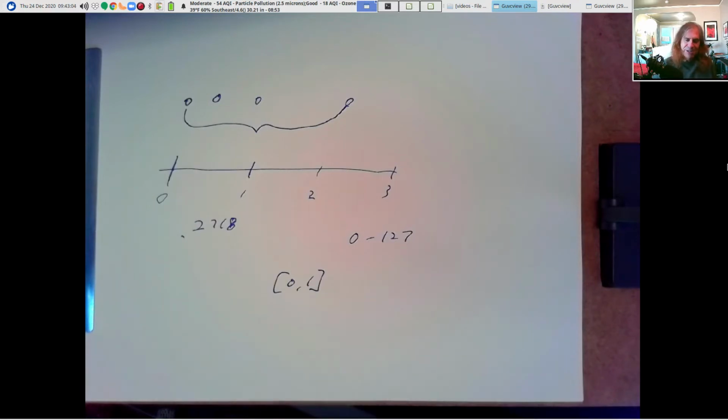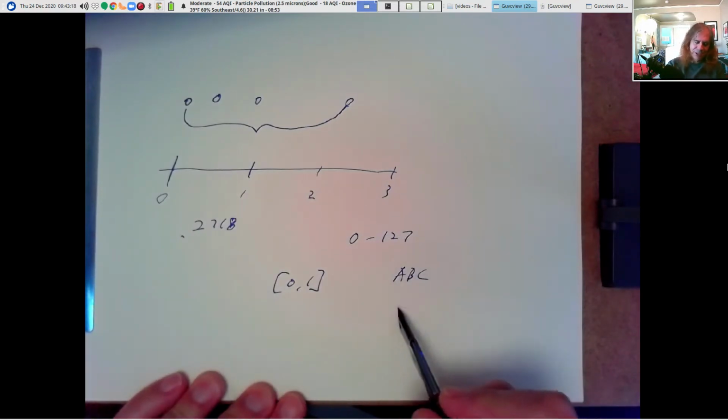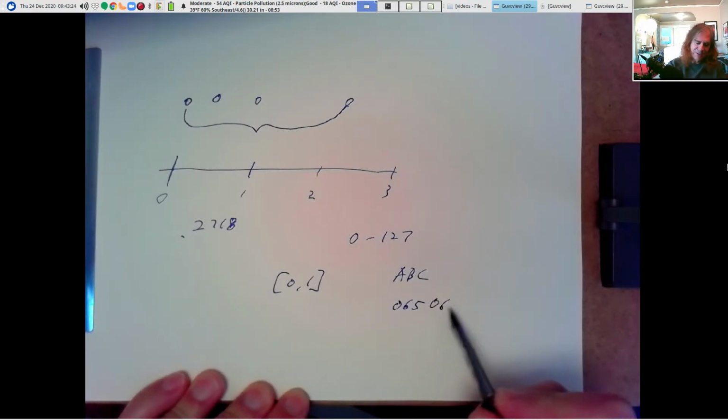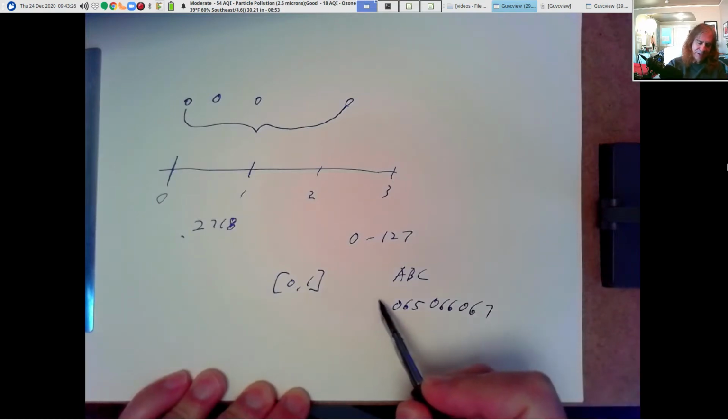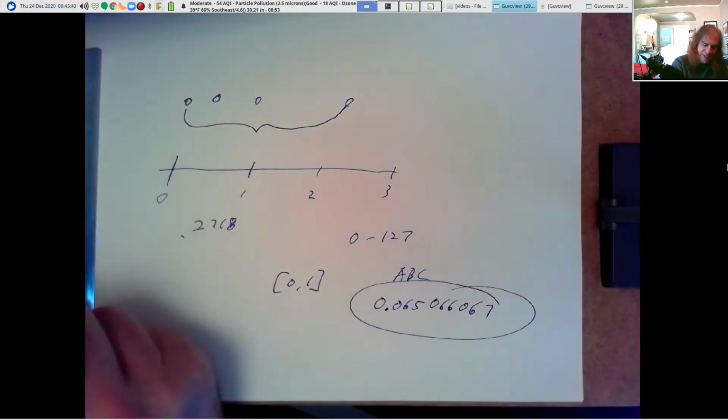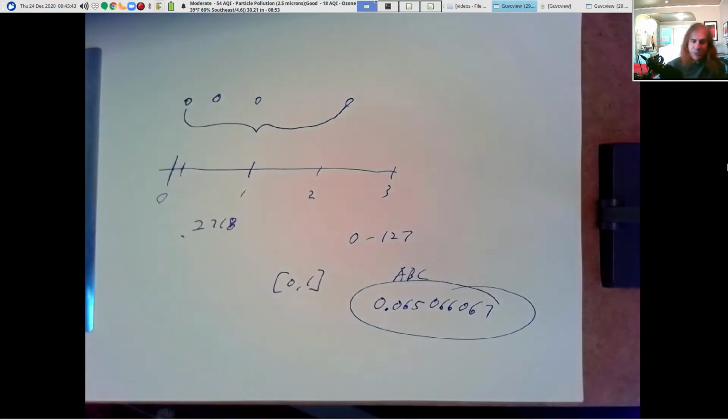Because any number in here has an infinite string of digits. Well, suppose we had a message like ABC. What we can do is code out just the decimal ASCII code for these 3 characters. So I'll put a 0 in the front because some are 3 digits. So 065, 066, 067. And suppose I just store my information by putting a grain of sand at exactly this location. So I can store my ASCII string. And if I want to know what my secret message is, I just see where that grain of sand is located. I measure it precisely.